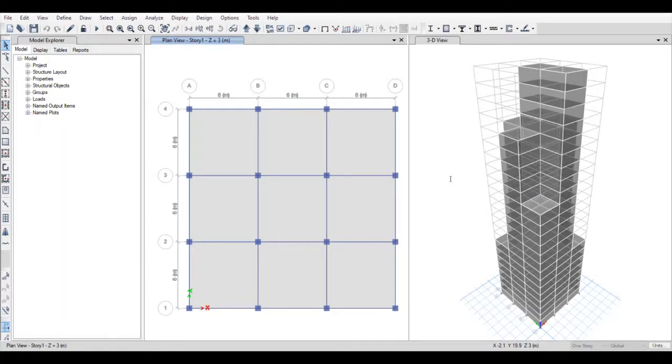According to that, our building lies in Bangalore, whose site type is 2, importance factor is 1, seismic zone factor is 0.1, and now click OK. Again click on OK. Now guys, as I told you initially, there are two methods which we can use, either response spectrum or time history analysis. So in this video we will be using response spectrum.